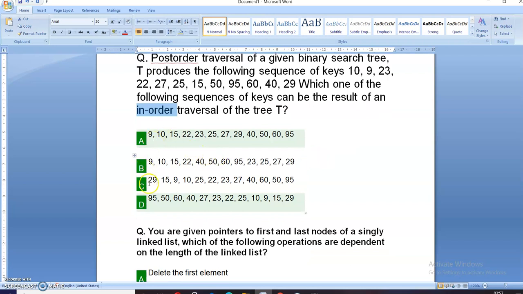Here, if you check all these options, you can see that 29 here is at the last index, and here the 29 is at the first index, and here also the 29 is at the last index. So these three cannot be our answers. So only this one is our answer. And another reason why it is correct is that in in-order traversal, you will always get the list in ascending order.